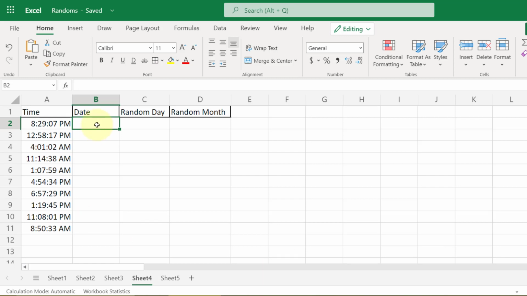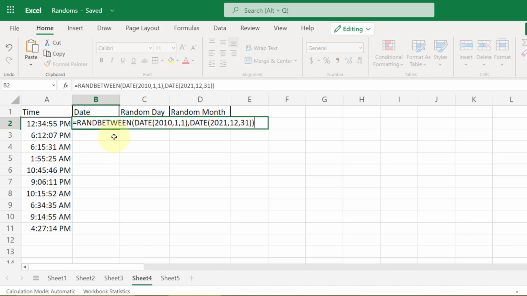Okay, for date we are going to use the RANDBETWEEN function, and we are going to show two different dates between which we want a random date. Here you can see we have the RANDBETWEEN function and we have DATE here. This is the starting date and this is the ending date.